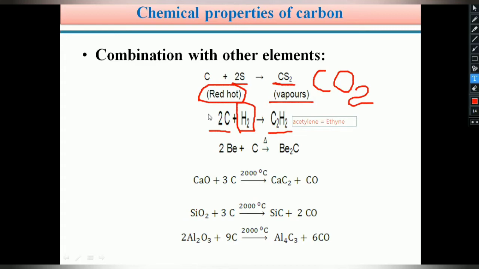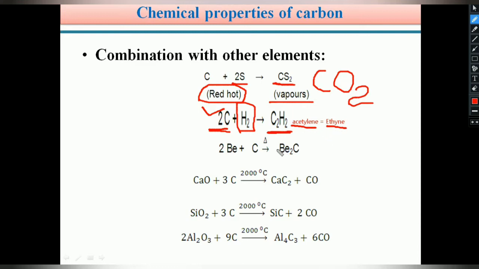Students, this reaction is very important. You should remember it because in the upcoming concepts, hydrocarbons, preparation of alkanes, alkenes, alkynes, in the concept of alkynes, with the triple bond, this is one example for the preparation of alkynes. Whenever an electric arc is produced between carbon electrodes and hydrogen gas is passed through, it forms acetylene gas, C2H2. Acetylene is the common name and the IUPAC name is ethyne.